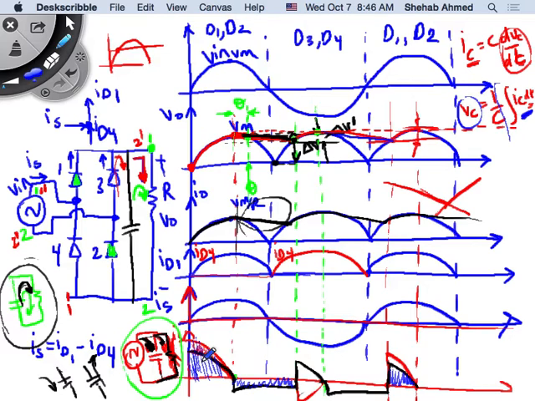To decrease voltage input, so to maintain voltage within a certain window, right? So that was my objective. So that means if I want to maintain voltage within a certain steady state window, I always want to be able to charge and discharge my capacitor with the same amount of charge. So if I put some positive charge into the capacitor, I remove some negative charge out of it. If I put some positive charge into the capacitor, I remove some charge out of it in the negative half cycle. So these two areas, the areas under the curve for the capacitor current, under the black curve, so this is A1 has to equal